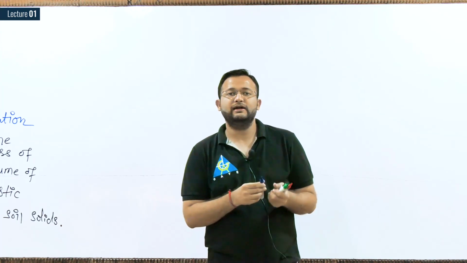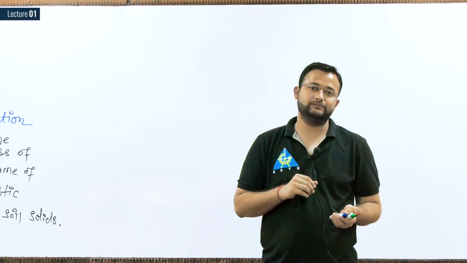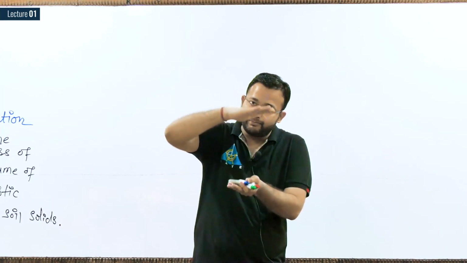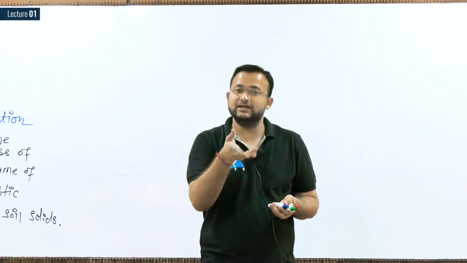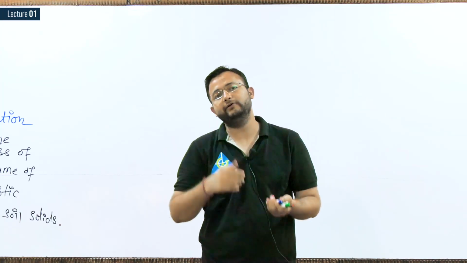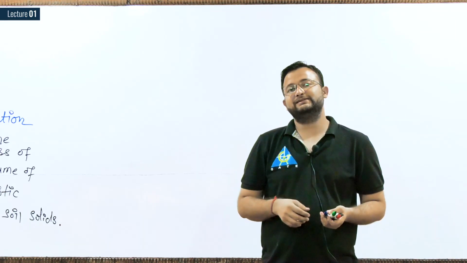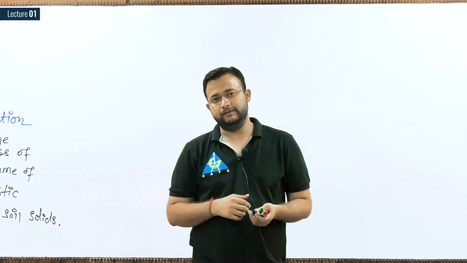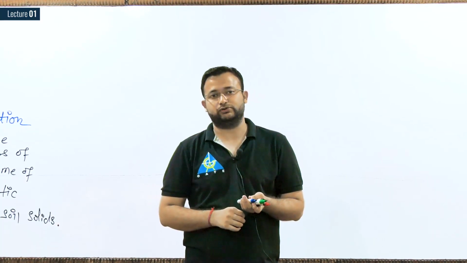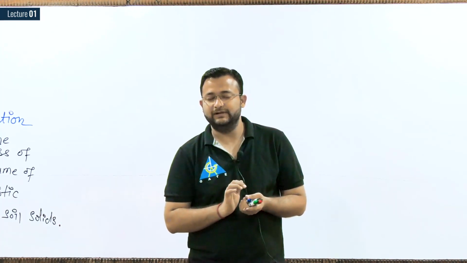Okay. But if I take soil, there are a number of voids. The voids may be filled with air, the voids may be filled with water. Can I compress the soil? Of course, because there is water, there is air. If I compress, then the volume of soil will reduce. So soil is compressible. So compressibility is basically the property of the material. If we apply the load, the volume of material will reduce. The depth of material can reduce. So that is called compressibility.